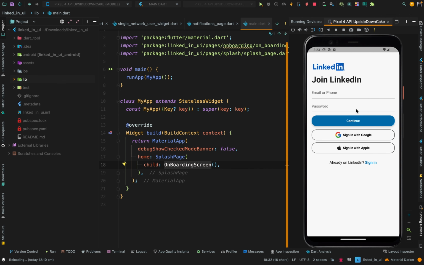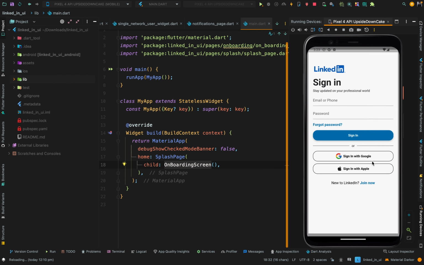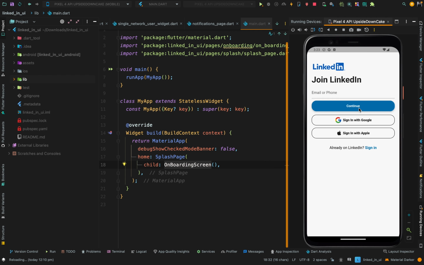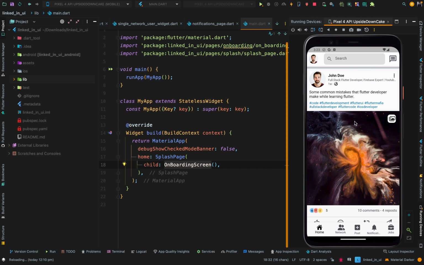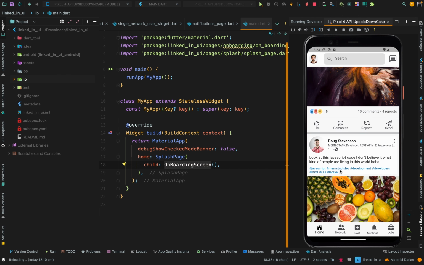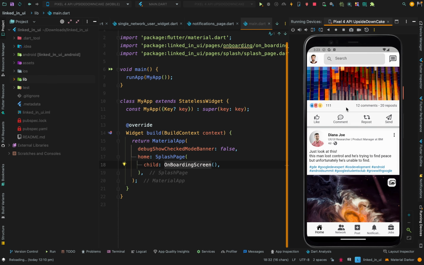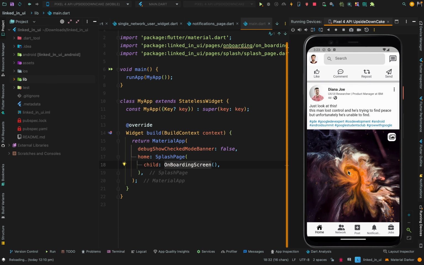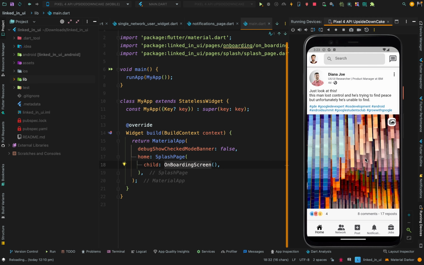And when we click this continue, a new field will appear, and that is really simple logic. Just a boolean field is used in here, and we can go back to the sign in, come back to the join, and continue. This will navigate us to the home page. So that is how the home page looks like with the posts, and we can also have multiple posts in